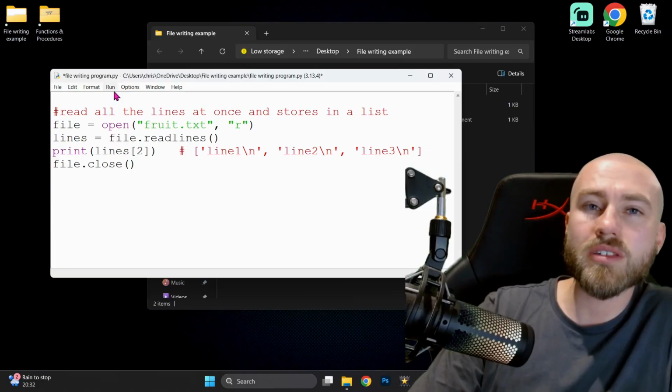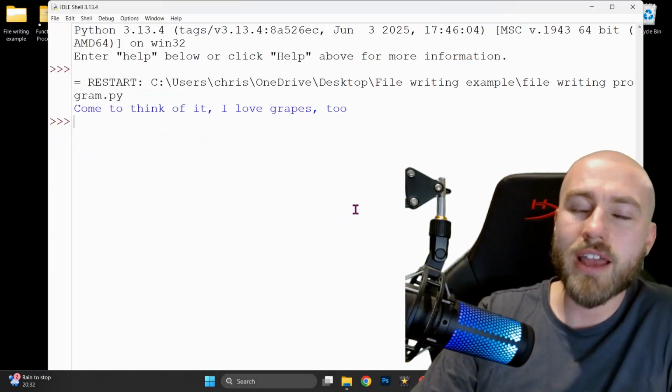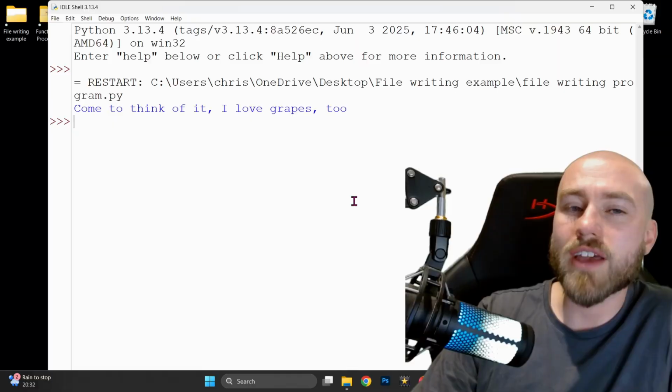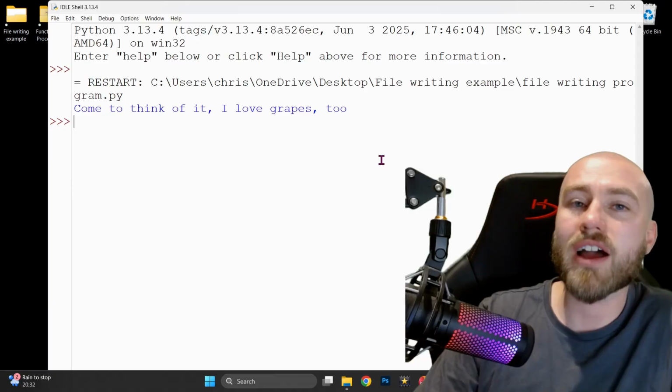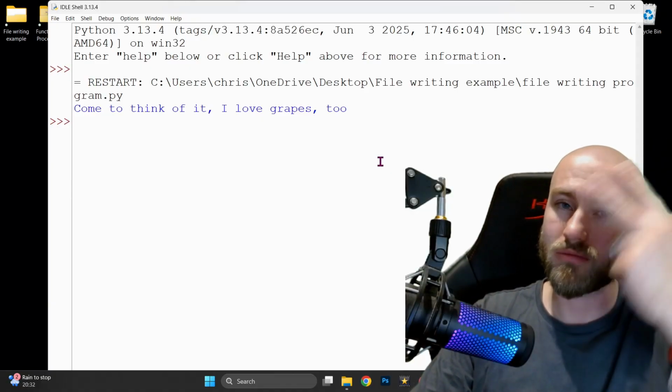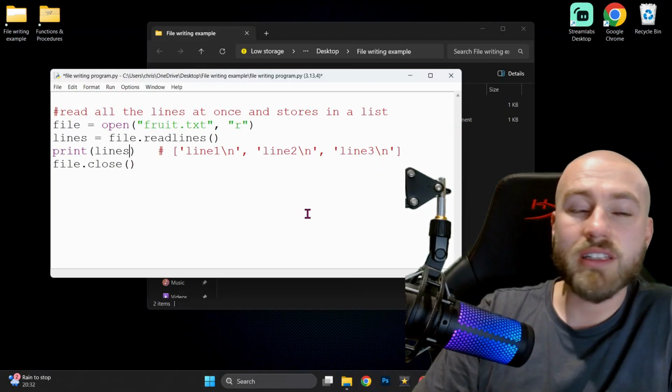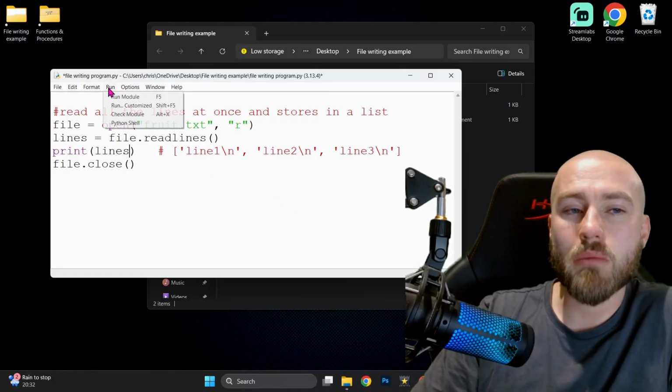So let's run this code and see what happens. So straight away, it's gone to say, come to think of it, I love grapes too. And that was because it was the third line down in the text file, so 0, 1, 2, which is the third line down. If I just delete the 2 in the brackets, let's run it one more time, and